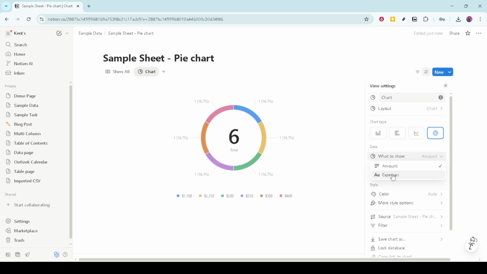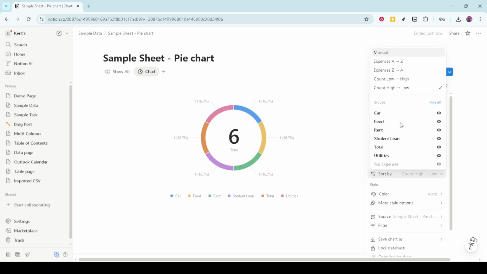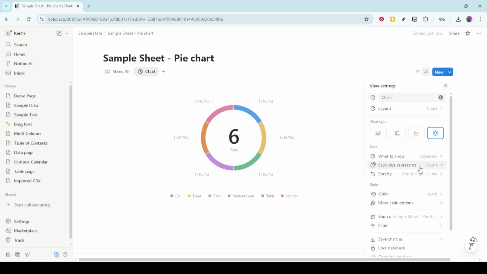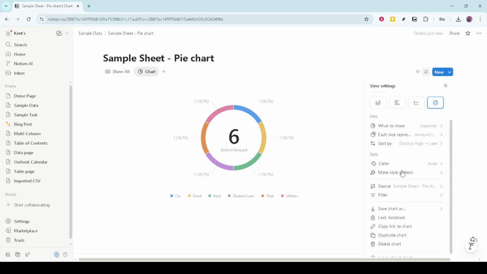Okay, so your basic chart is set up. But why stop there? Customization is key to making the chart truly useful and tailored to your needs. You can add filters to focus on specific data points, sort the data to prioritize certain information, and adjust the appearance so it matches your aesthetic preferences. Whether it's tweaking the colors or modifying the chart size, these small customizations make a big difference in readability and